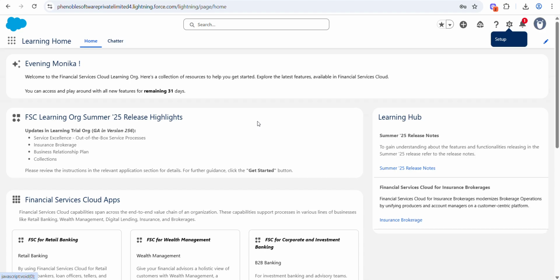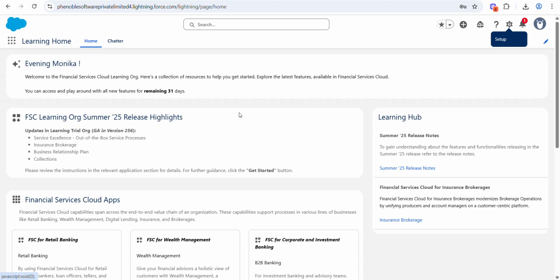Our advisor, Rayan, wants to get a 360-degree view of his customers to act as a great advisor, so he can help them to achieve their financial goals. And our banker Hunk Burton wants to have full insights into his customers' portfolio and their financial situation, and wants to be able to capture important customer conversations. Hunk also wants to monitor the customer and partner referrals that come in.